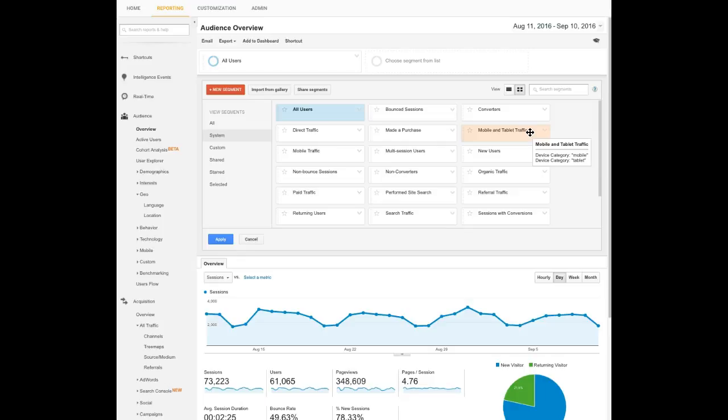When you have a high bounce rate with mobile traffic and tablet traffic, usually your site is not optimized for mobile viewing, or they're having trouble. Sometimes buttons are overlapping, and sometimes it's a technical issue that you need to talk with your IT folks about. People who convert, so these again are people who complete goals for you,